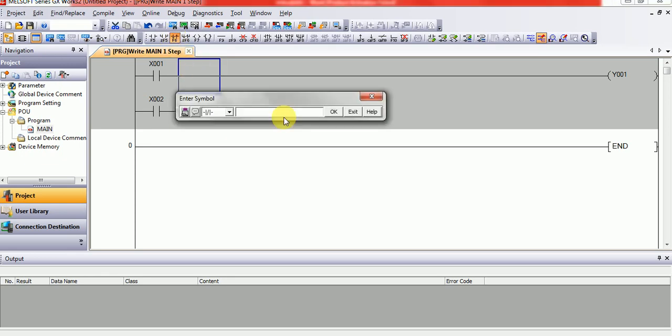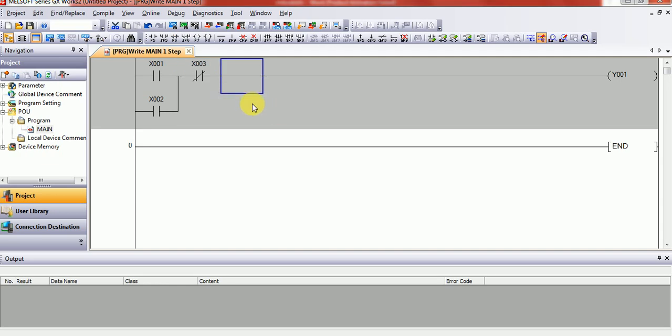Simply press here and give any address, X03, and you can see more here. This is a horizontal line, and this is a vertical line. This is a rising edge.